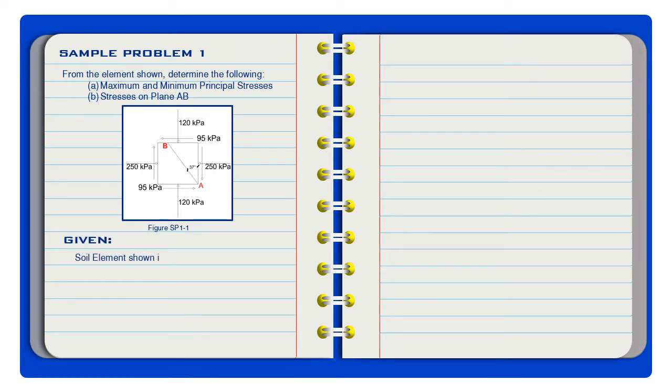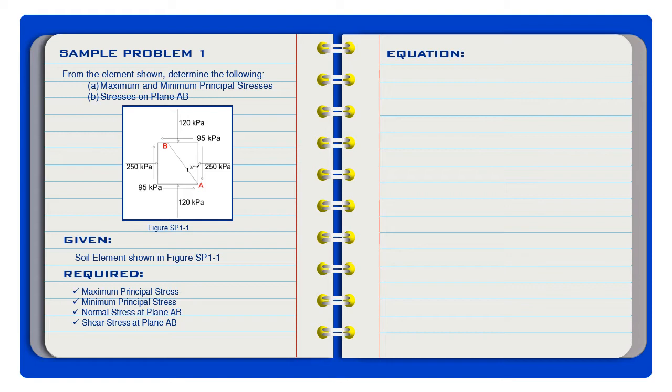So, for our given, we have a given of the soil element which is shown in figure SP1-1. The required properties are the maximum principal stress, the minimum principal stress, the normal stress at plane AB, and the shear stress at plane AB. Then the equation to be used will be the Mohr's circle procedures or steps and its concepts. So to solve this problem,